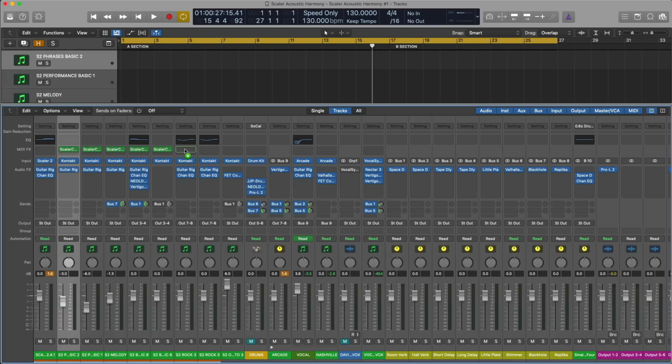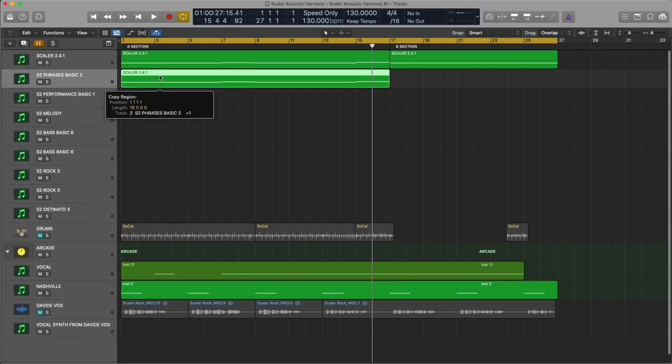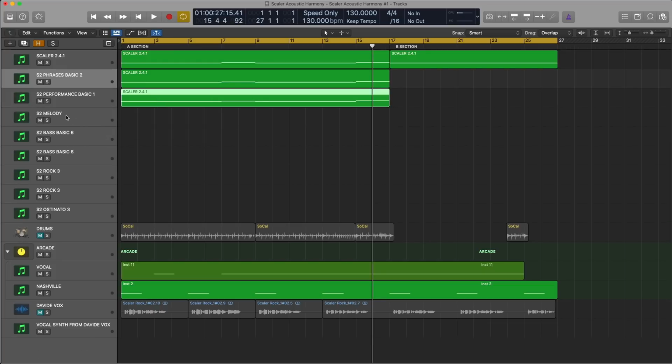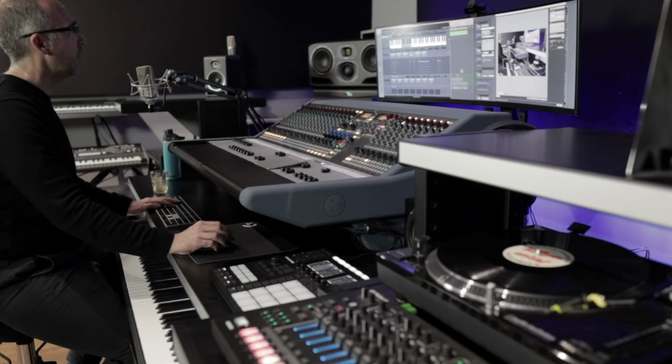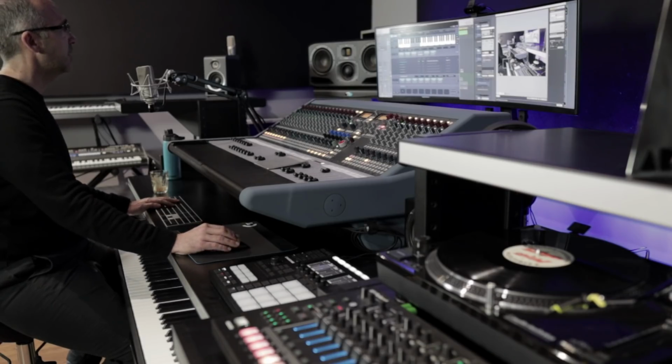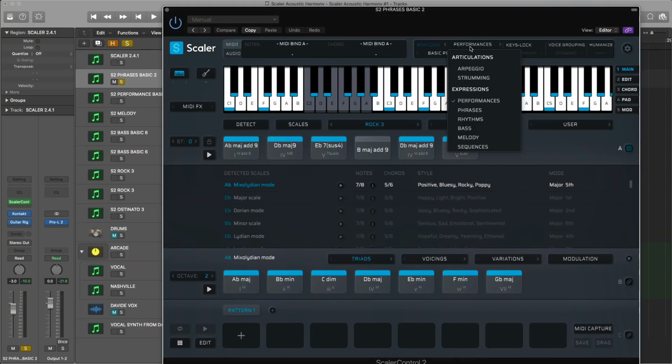And I could effectively just copy those trigger chords down over to these new channels and just keep carrying on, which is effectively what I'm going to do. So what I'll do is I'm going to solo this one here, and I'm going to solo my initial patch. So there's my initial patch, my initial chords. Now I'm going to start asking Scalar to start harmonizing those original chord patches. So here we are, solo. I'm going to pull up